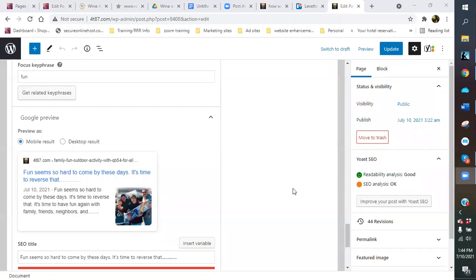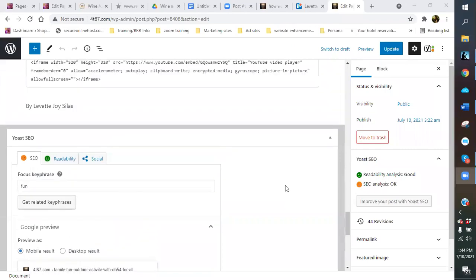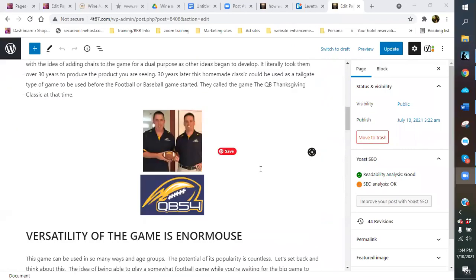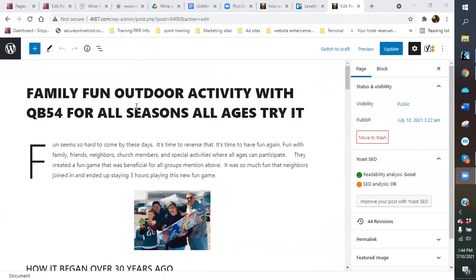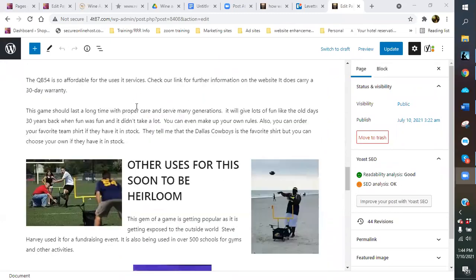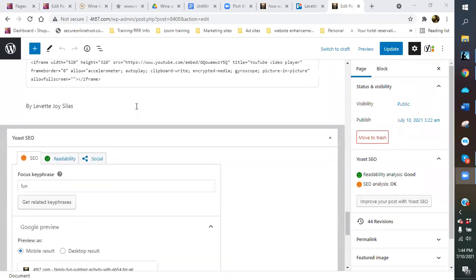All right, so did you check the other one too? I'm sharing my screen. This is what I was talking about. This is for your QB54. Your SEO analysis is orange.